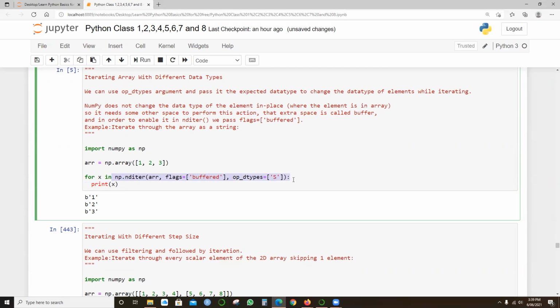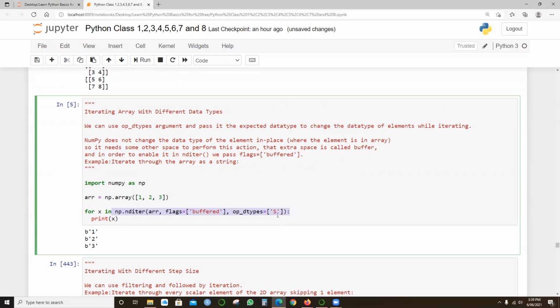And what we are trying to do here is with the data types. So it's like a string one, right? What it is giving within the codes, it's not simply typing 1, 2, 3, right? It is giving us 1 within quotes, 2 within quotes, and 3 within quotes, right? And B, I think it will be referred to as a buffer, right? So we pass the flag. Yeah, that's what we referred to here. So we pass flags equals buffered, and that's the reason it's representing as B for the buffer.